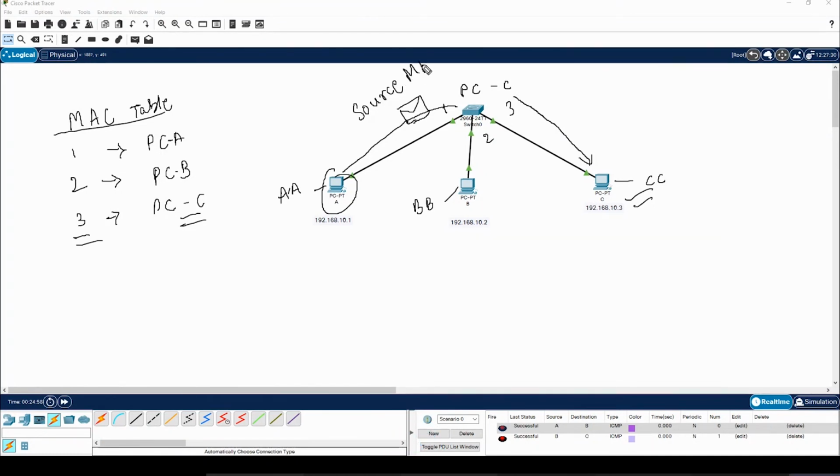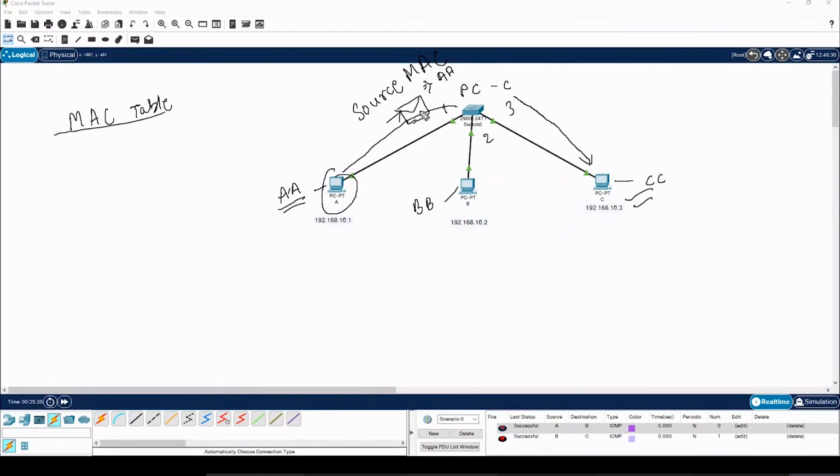Source MAC is where the message is being sent from. So it is being sent from A, so the source MAC will be AA. Now the switch will get to know about PCA, that on port number 1 there is someone connected with a MAC address of AA. So let me quickly write the same into my MAC table.